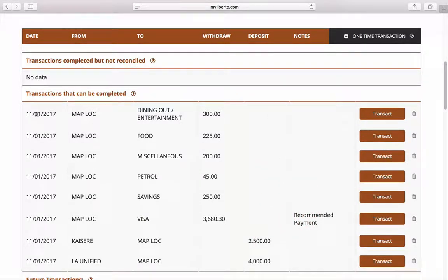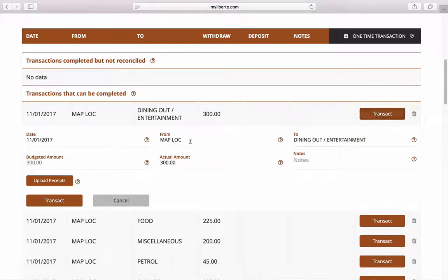Well, it says here on 11/1, which is today, that we need to pay our dining out and entertainment. So you basically have to hit transact and make sure that you're going to take this money out. Let's say this money is in your line of credit. You need to take out the $300, and I would suggest that you get another checking account to put your money into, and you move that $300 over to your other checking account to pay your bills. Once you transfer that money over, you simply hit transact,